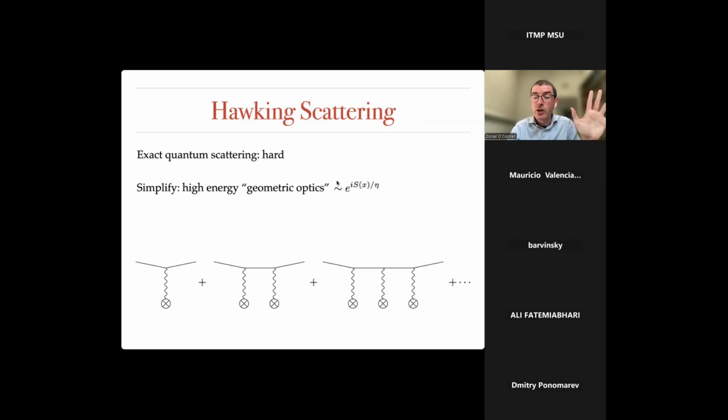In particular, we understand how this wave function exponentiates. I've indicated a parameter eta here. I'm thinking that when eta is small, this phase oscillates rapidly, and that will lead to the geometric optics regime. On the other hand, this eta is going to play a role very similar to h bar in a quantum mechanical scattering process.